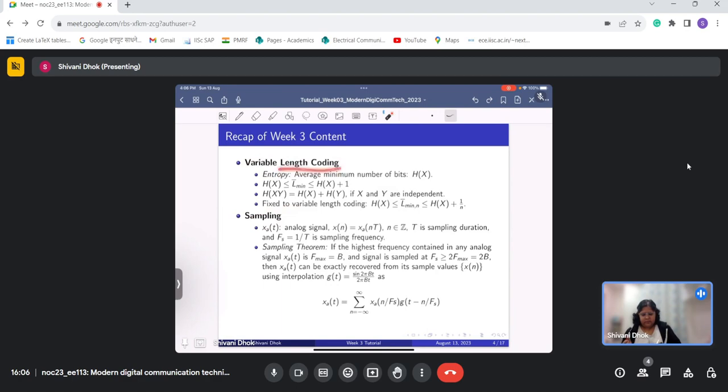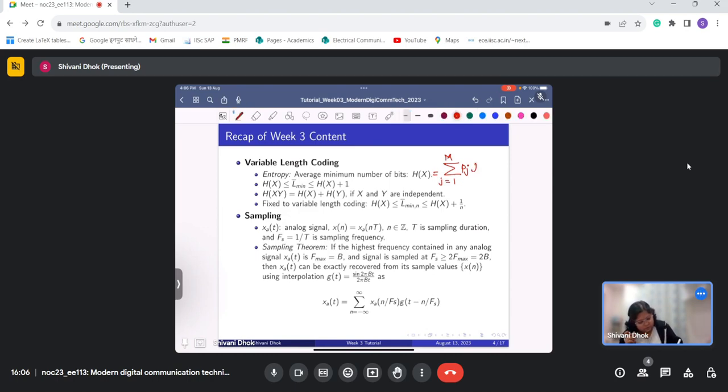In variable length coding, the first concept that was introduced was entropy, which gives the average minimum number of bits required to represent any code. It is basically an average, which is given by H(X), and this H(X) has a formula: H(X) is the summation over j equal to 1 to m, where m is the number of symbols in that alphabet, of Pj into log of 1 by Pj,